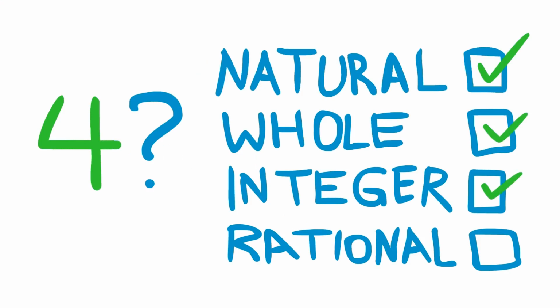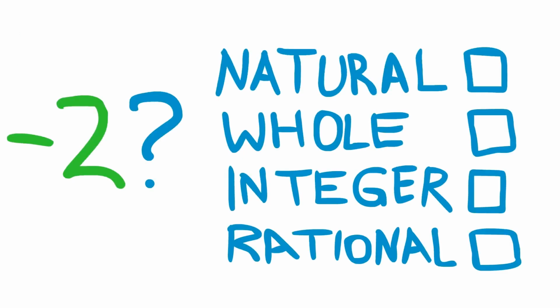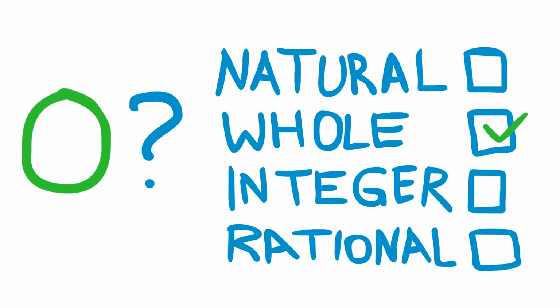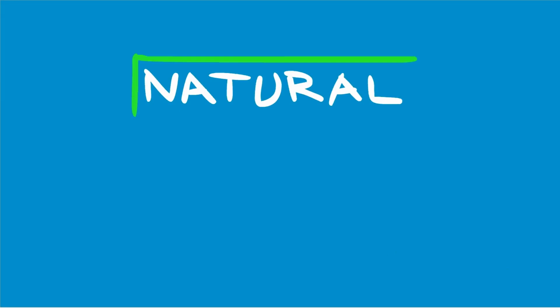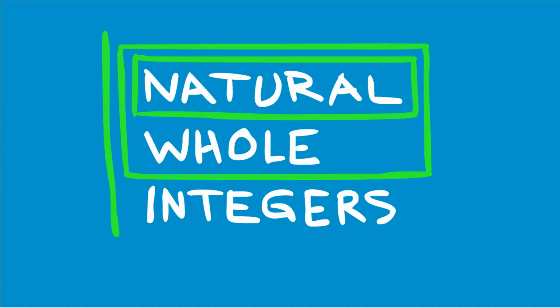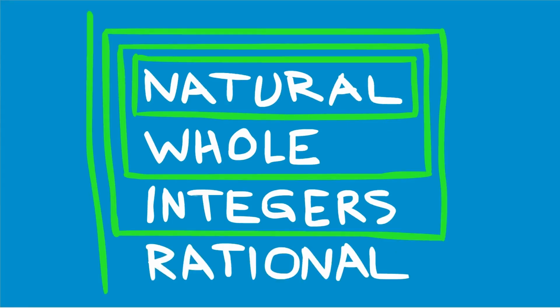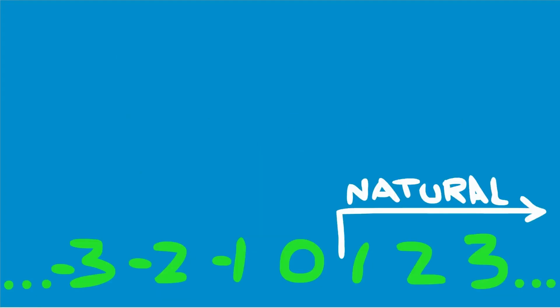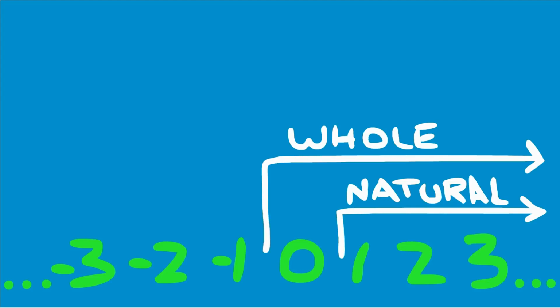What about 4? It's a natural number, so it's also whole, integer, and rational. What about -2? Integer and rational. What about 1.5? It's just rational. What about 0? It's whole, integer, and rational. All natural numbers are whole numbers. All whole numbers are integers. All integers are rational numbers. Now listen to that drummer. All natural numbers